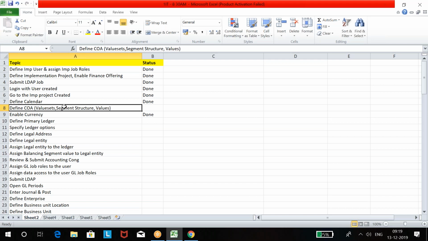We do so many things as a part of chart of account: value sets, segments, segment structure, instance, and then again values. We define different steps, different paths we have to go. That's why I don't want to divide. If I did some part today and some part on Monday, today's part will link with Monday, and you may not remember what happened today. That's why we do all in one class.